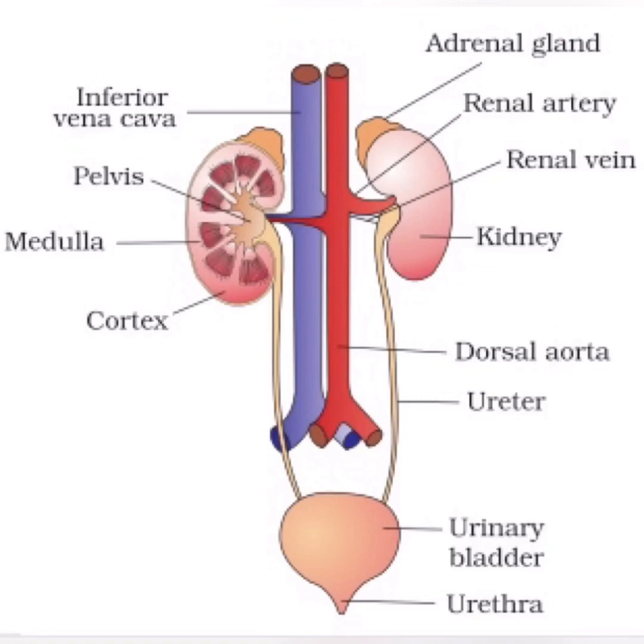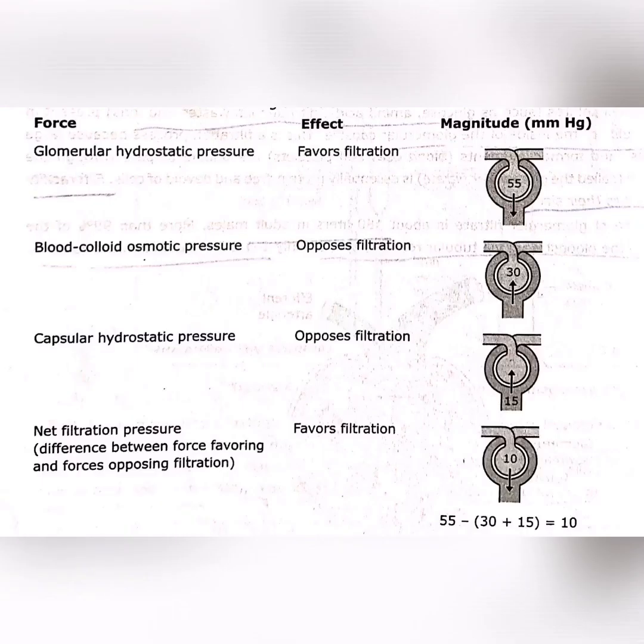Nephrons are situated at the top of each kidney, and I have said before that each kidney contains about 10 lakh nephrons. The nephron consists mainly of two parts: one is the Malpighian corpuscle, and the second is the renal tubule. The Malpighian corpuscle mainly contains two parts: the glomerulus and the Bowman capsule. It is capsule shaped, hence it is named like that.